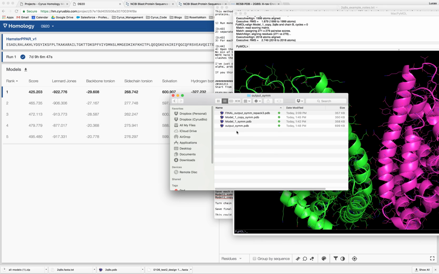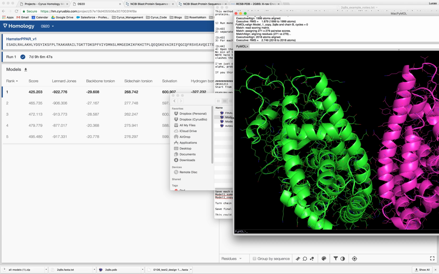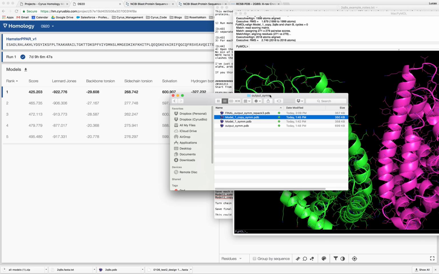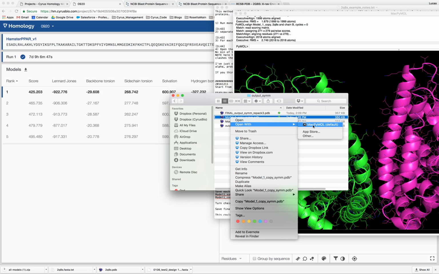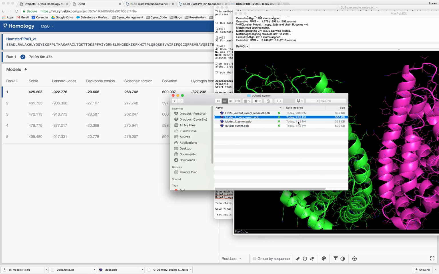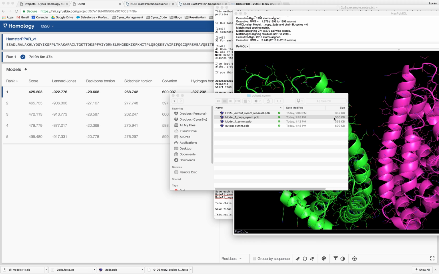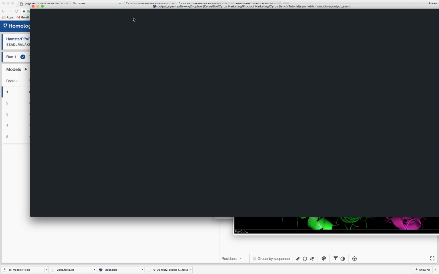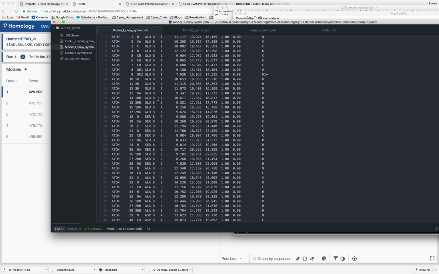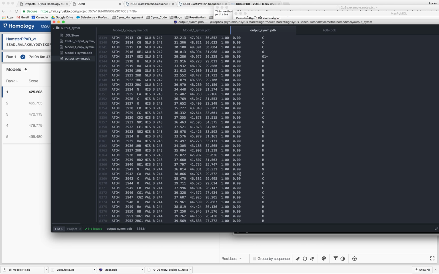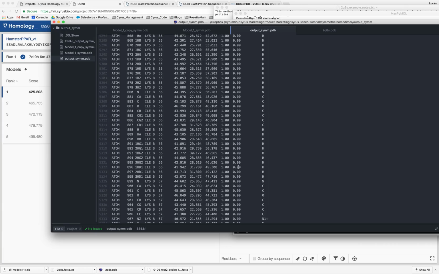Now I have those, and I can combine them, just by copy paste, into a final structure. So this one here, oops, that's not what I wanted to do. This one here, sorry about that, I'm going to open that up in a viewer. So model 1 copy, I've just gone through and I've replaced chain A with B. This is just find and replace in a text editor. And then I've gone ahead and pasted together, made one master one, where I have model 1, and then